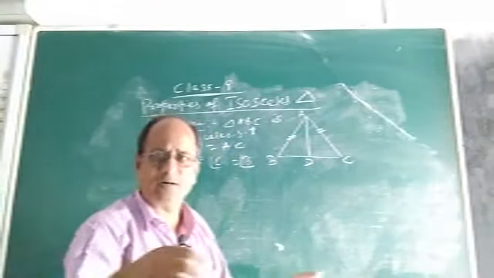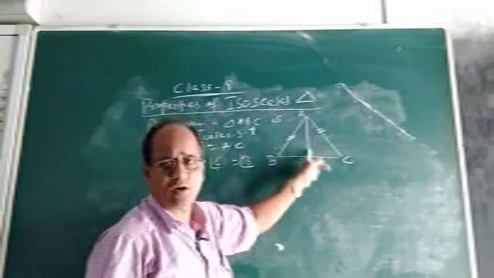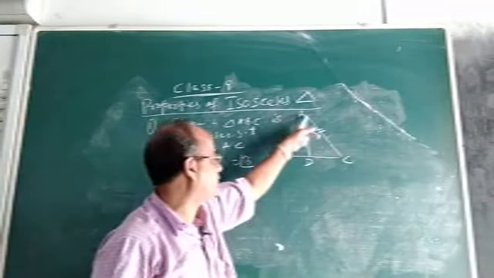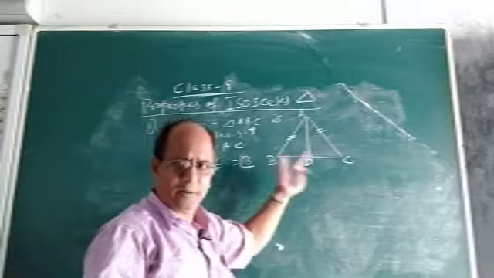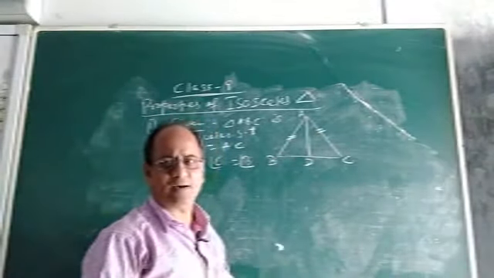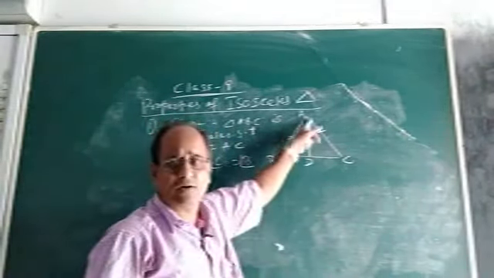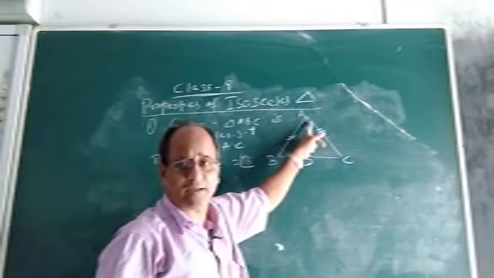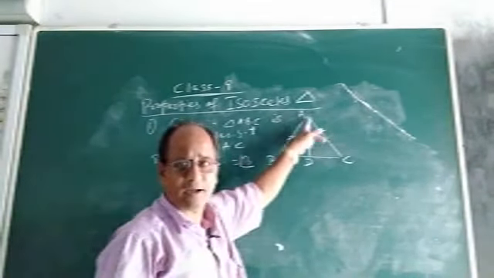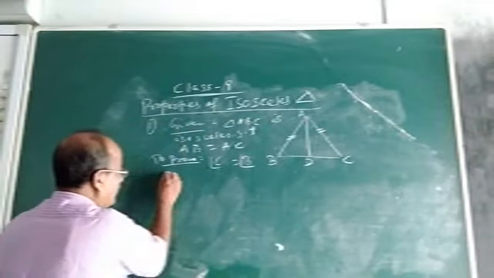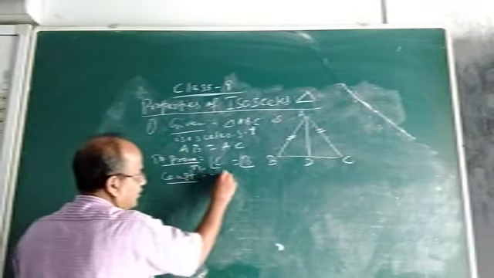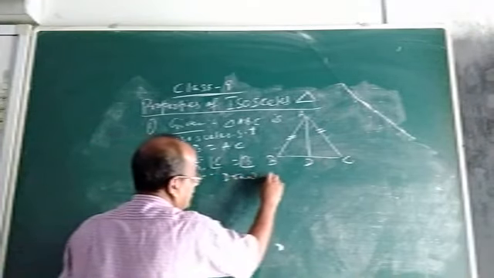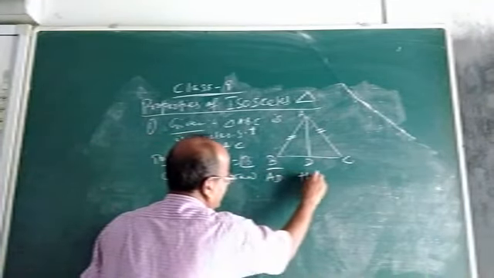So how to prove it geometrically? Very simple. Just do some construction. Suppose we draw the bisector of angle A. Or you can draw the perpendicular bisector also. It can be done in several ways. Suppose we will draw the bisector of angle A. Draw AD, the bisector of angle A. That we have to construct, without construction it is not possible. See, draw AD, the bisector of angle A.